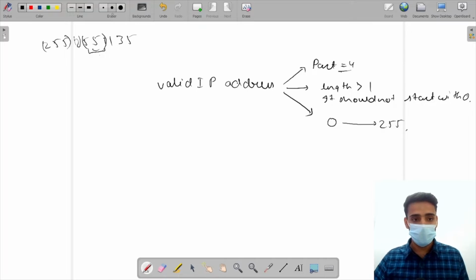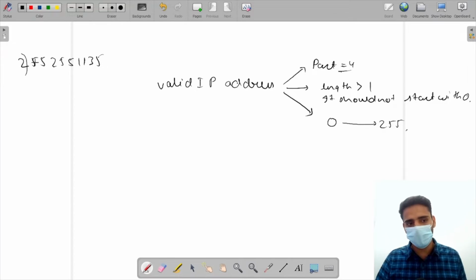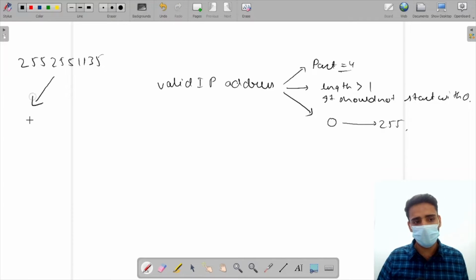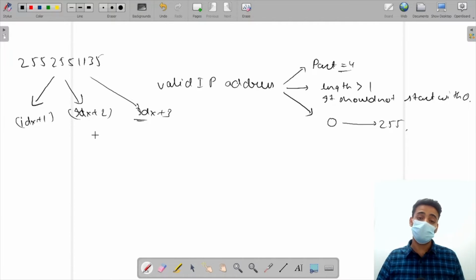Okay, so now let's talk about the approach, how we are going to solve this problem. If the given string is 255.255.11 and 35, we have options to divide it from the 1 length, 2 length and 3 length. These 3 options we have, right? So we are going to make 3 calls from here: index plus 1, index plus 2 and index plus 3. These 3 calls we are going to make. After that also we have to do a lot of things, but first of all, whatever we have discussed,